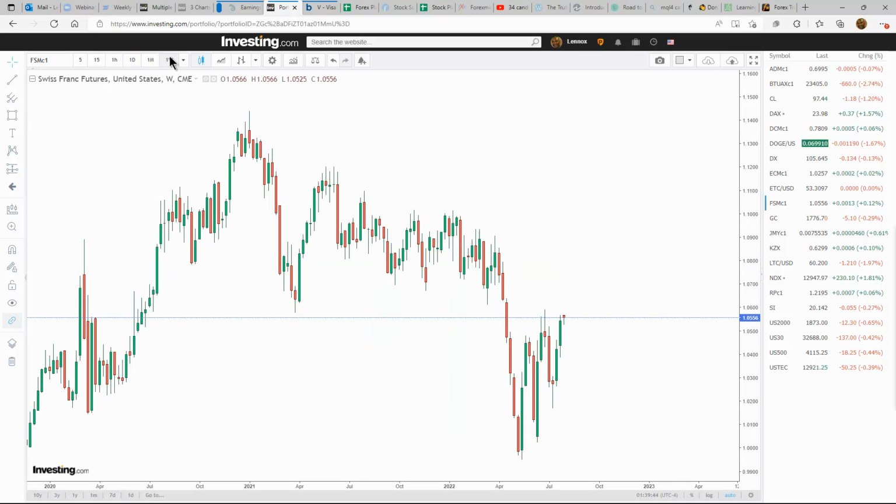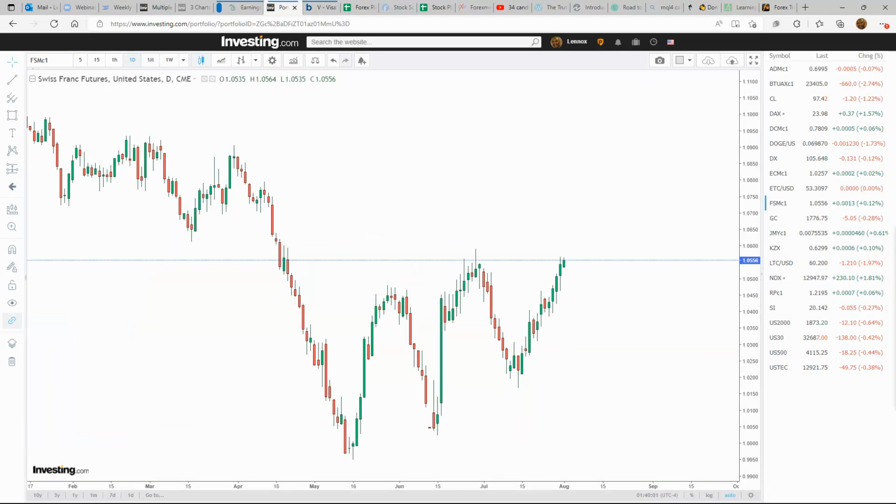Go to the weekly. Swiss franc, very choppy here, very volatile, just been up and down, and it looks like a push, at least in the short term, to the upside, but that could be short-lived. As you can see, we're again inside of another channel this way, and we've pushed to the top. We're looking to push to the top. So strength in the Swiss franc in the short term, but that could be short-lived as we head back down. Okay, so that's what it looks like.